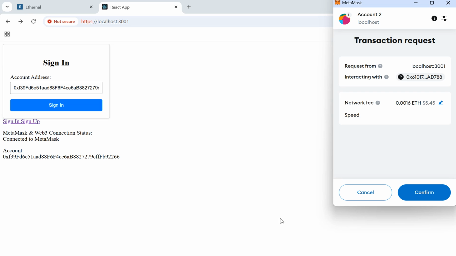So as soon after confirming a decryption using a private key from MetaMask, the symmetric key is going to decrypt the email address. The smart contract in the blockchain is going to generate the